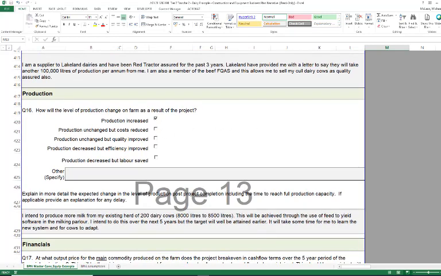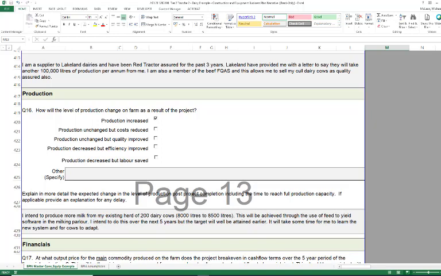Question 16 relating to production has two parts. Select all the options that summarise how the level of production will change on the farm as a result of the project. For example, production increased, in this case it's been ticked. Production unchanged but cost reduced. Production unchanged but quality improved. Production decreased but efficiency improved. Production decreased but labour saved, or other, and provide in the box provided,